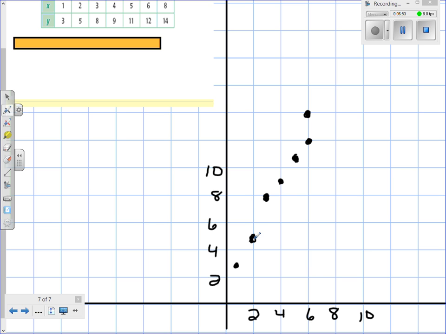I need to determine if there's a correlation, and I would say in this instance there is a correlation. There's a correlation that appears to be positive. So since it appears to be positive, we should be able to draw a line that best fits this, or line of fit. So I'm going to try and work here with my line. And again, the goal is to try and get,